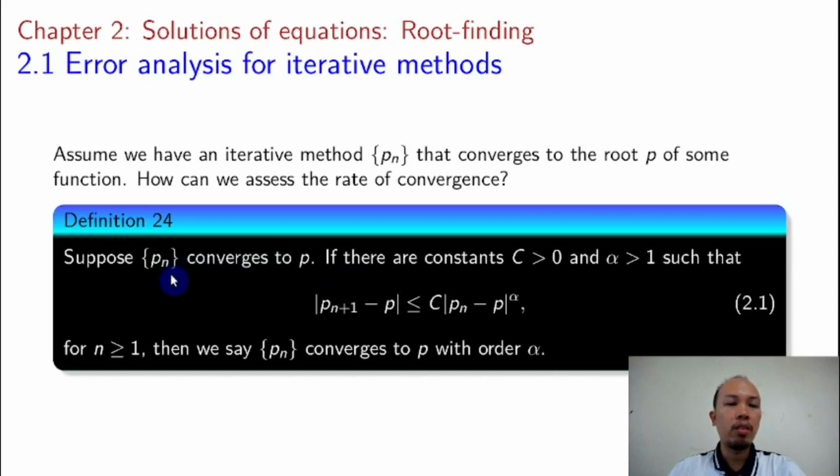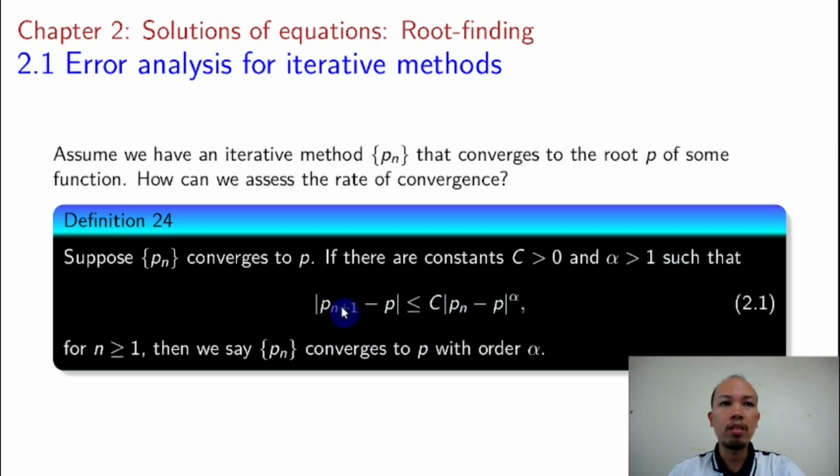So you are given a sequence and then you compute the limit, and the limit of the sequence is p. If there are constants c greater than 0 and alpha greater than 1, such that this